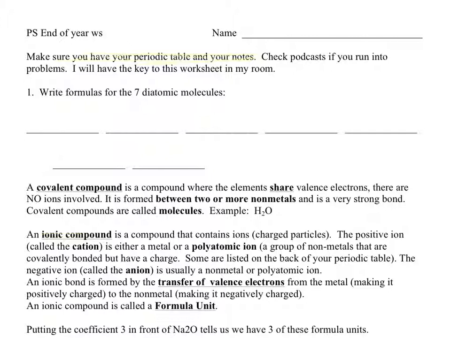First of all, we're going to write formulas for the 7 diatomic molecules. Remember, the diatomic molecules are the molecules that are formed because the element is so reactive that it's never found by itself in nature. If it's not bonded with something else, it bonds with itself, another atom of itself. And so on the periodic table, we start with